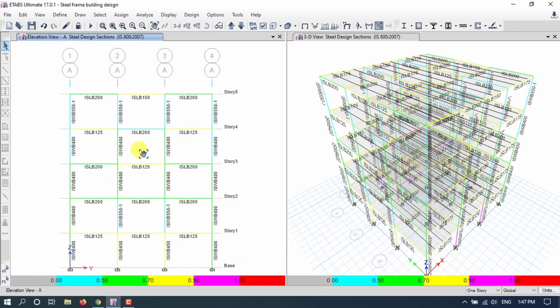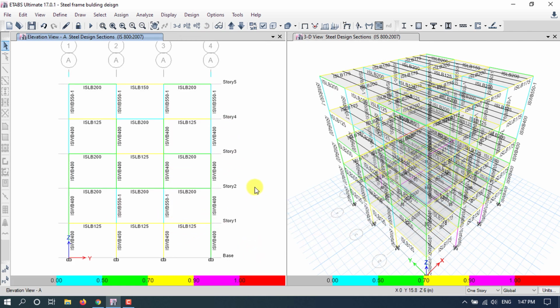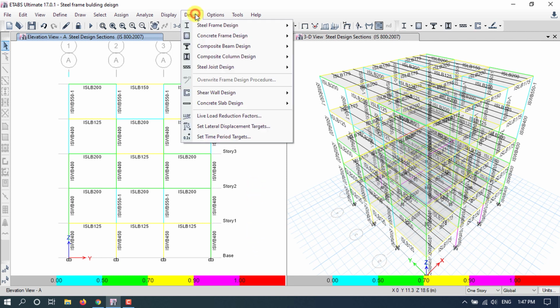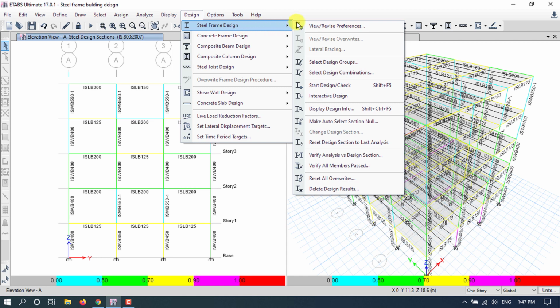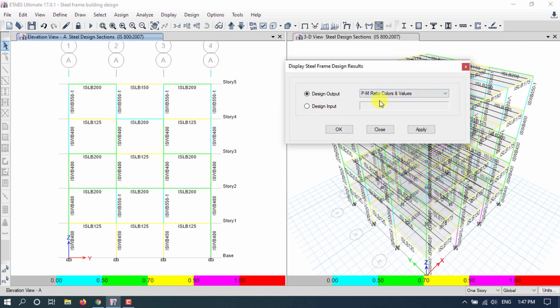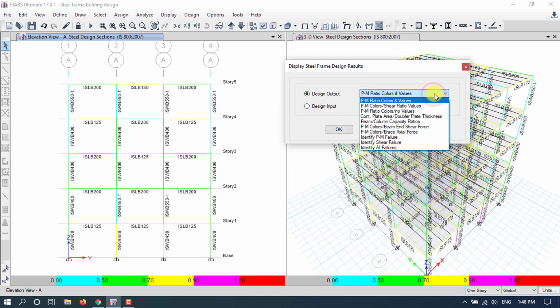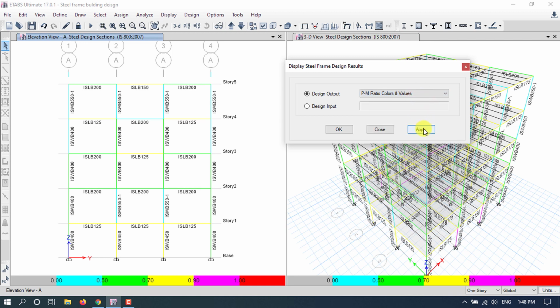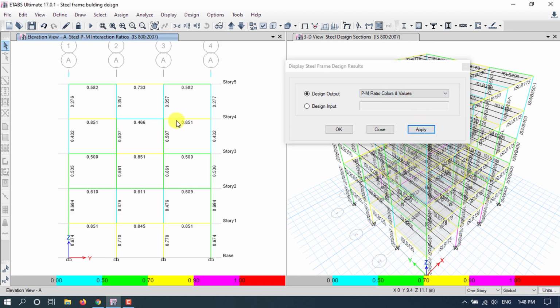Now let's check the various parameters. For that, go to design and go to steel frame design and go to display design info. Here let's check the PM ratio and color value. Select it and click on apply. Okay, this is the color value. Here pink color shows the highest economical design of the section.